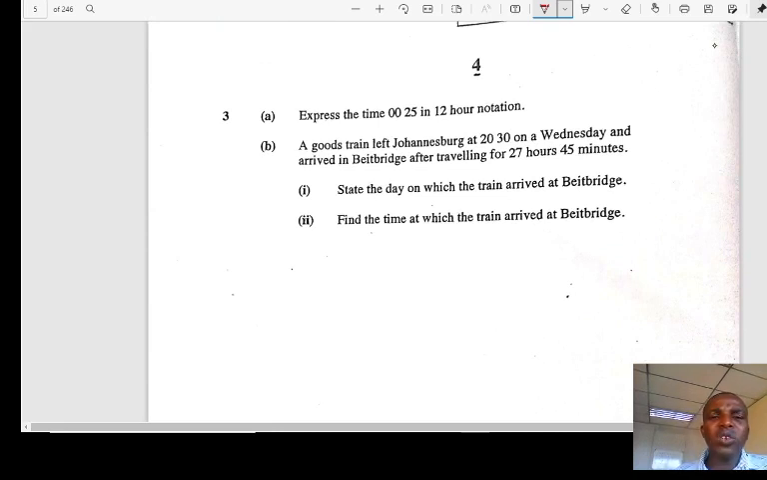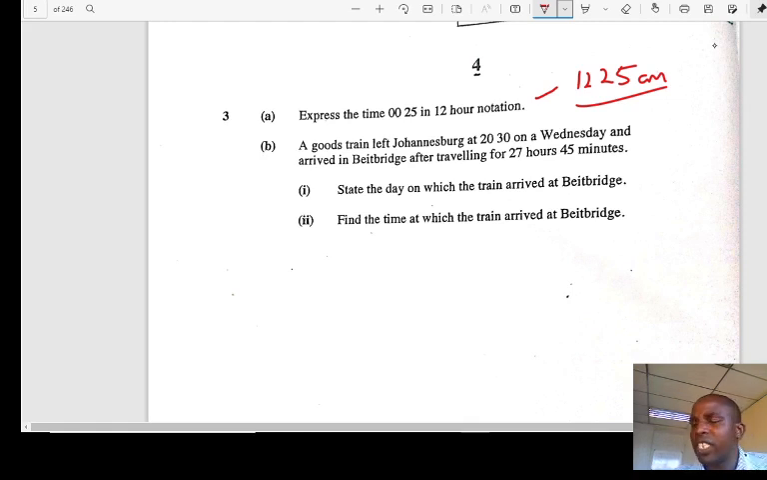Express the time 0025 in 12-hour notation. Right, 12-hour notation is AM and PM. Then 24-hour notation is hours. So 0025 is 25 minutes past midnight. So it will just be, let me just write it here. So it will be 12:25 AM. Done. Next B. A goods train left Johannesburg at 20:30 on Wednesday and arrived in Beitbridge after traveling for 27